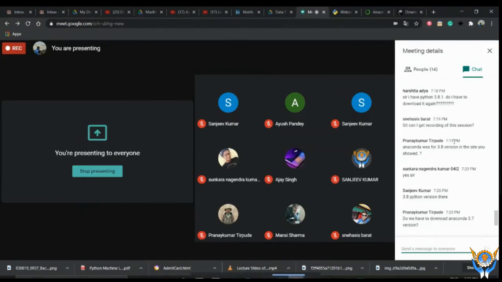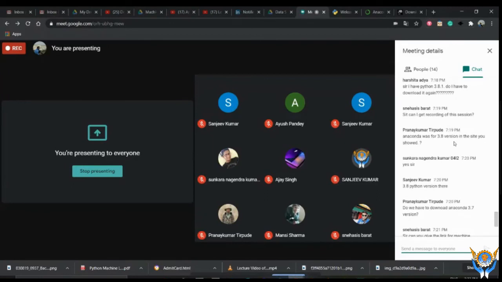Okay, so basically if we create a separate environment for each project, then one benefit is that there is no garbage collection inside our system. Okay, so I think if you have 3.8.1, that is not an issue. At the time of creation of environment, if there is a need of Python 3.6, we can give instruction to our system to go with Python 3.6.9. Okay, and that will work, so you don't have to download it again.